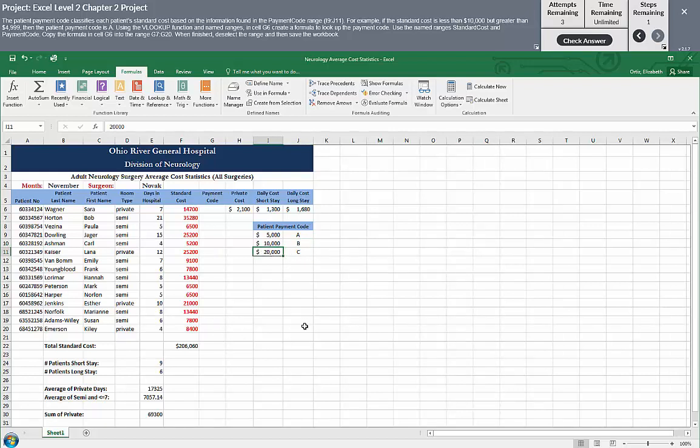And so on. But because we can do it automatically with Excel, why do it manually? So that's what we are going to do here. So for example, if the standard cost is less than 10,000 but greater than 4,999, the payment code is going to be the A. You see? It's going to fall into this